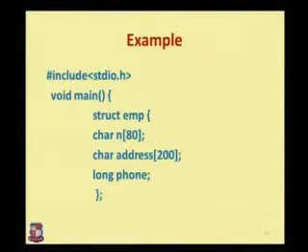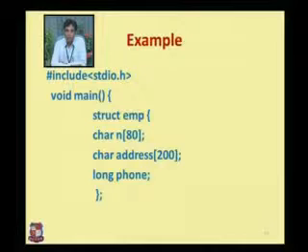Now we are taking an example to explain these things. We are using a program for an employee, where we feed the details of an employee and print those details. Then hash include stdio.h. As in earlier lectures we saw the role of hash include stdio.h; this is a library function. Then void main, this is the main function. It is of void type, so it does not return any value.